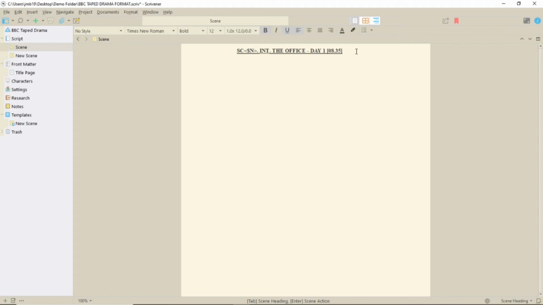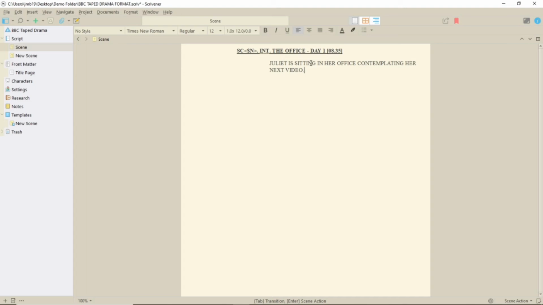OK, back to the text, because that's not all of your options. When I press Return from the scene heading, it changes to Scene Action automatically. And as you can see, all the formatting is again set for that in plain caps, apart from the fact that you need to enclose this in square brackets, a fact that I forgot later on. This is next because you would always have that element after the scene.